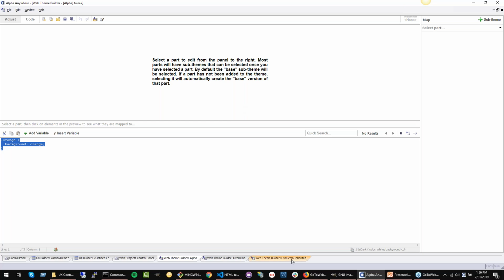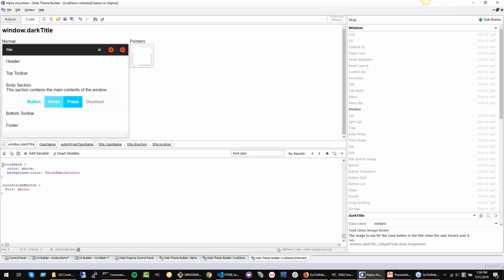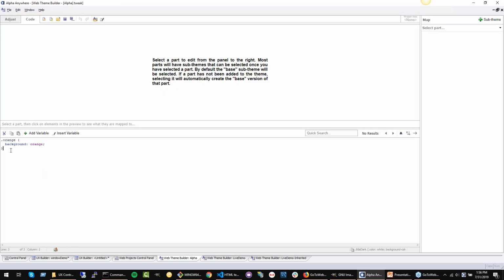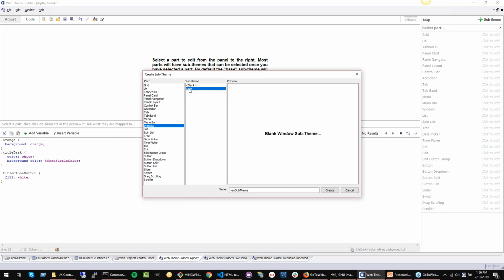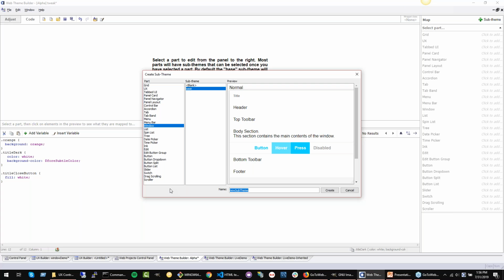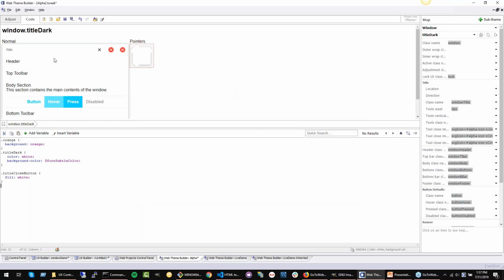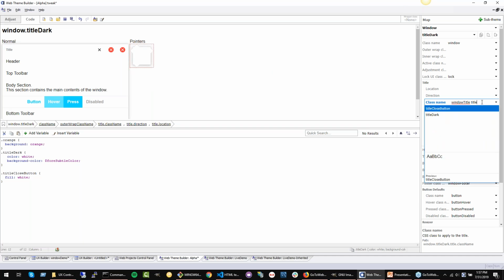theme. I could come in here and, just for repetitiveness, I'm going to add those class names here, that title dark, title close buttons. I'm going to select the part down here. I'm going to go pick my window. I'm going to say it inherits from base. I'm just going to call it title dark because that's what we called it in our inherited demo. I'm going to click create. I'm going to select the title, click on the class name, add my title dark class,